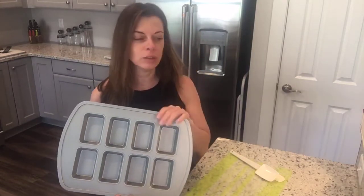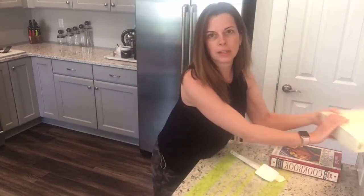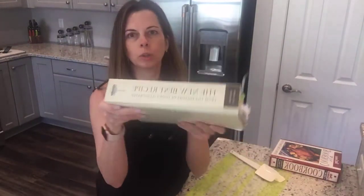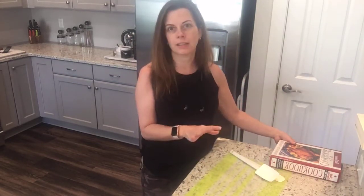Like some of my favorite recipe books, my go-to is always Cooks Illustrated, America's Test Kitchen, if you've ever watched PBS. This is a fabulous cookbook. It's called The New Best Recipe. Anything you make out of here will turn out fabulous, but it will not be low fat and it will not be low cal. That is usually my go-to one, but like I said, it called for